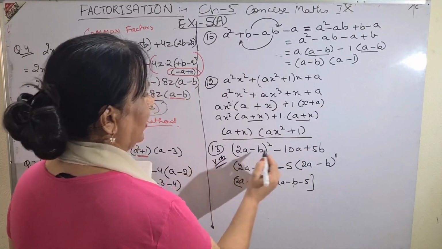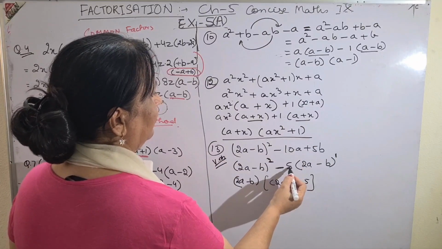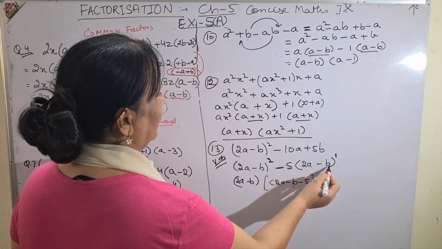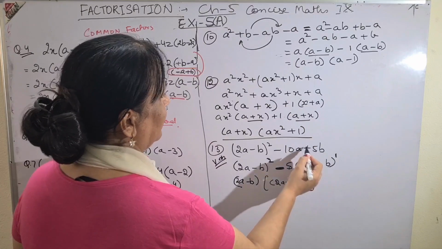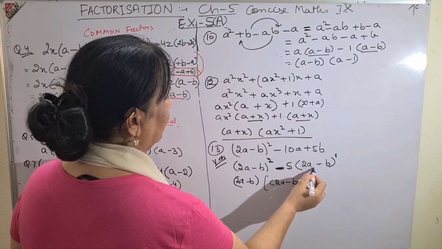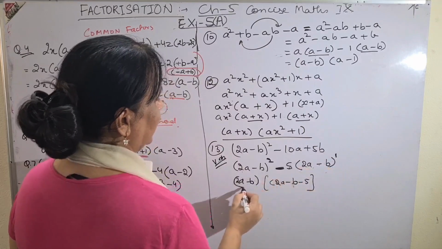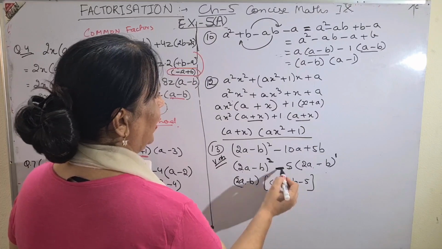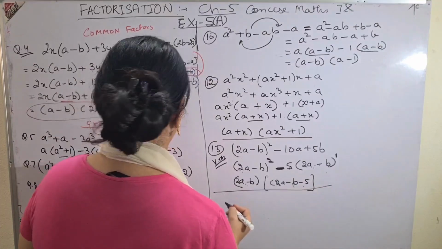Again I am explaining: from the second term I took 5 common, 5 into 10 is 10a, 5b. So I took 5 common, I am left with b. Just remember, because the sign was minus outside, inside plus will become minus as soon as I make the bracket. So 2a minus b, 2a minus b. But in the first term it is square, in the second term it is 1. One of them I will take common. If out of 2, 1 is common, you are left with 2a minus b. And of course this full is outside, so minus 5. And this is your required answer.